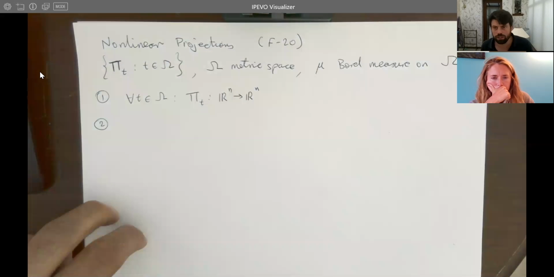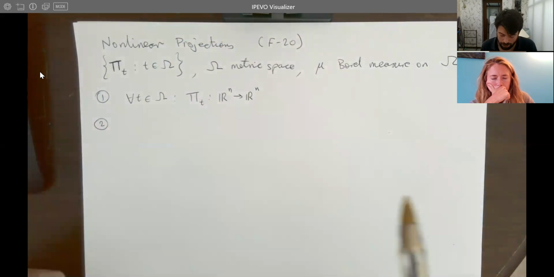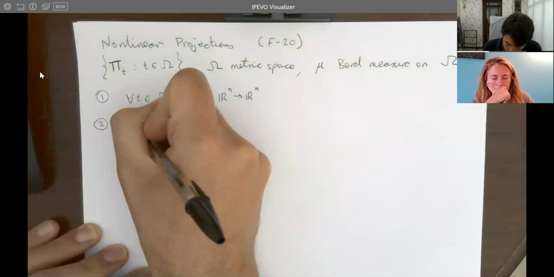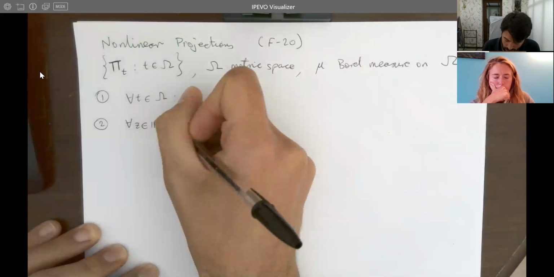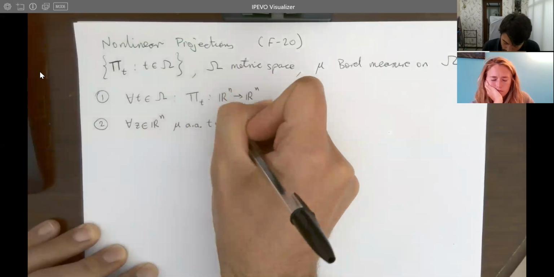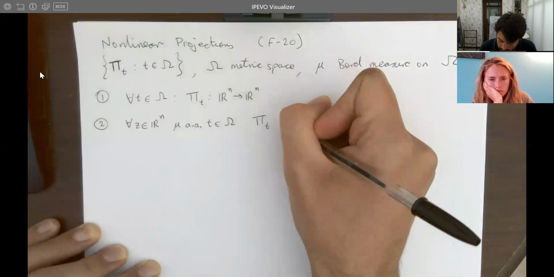Okay, so now at least it makes some sense. I'm looking at parameterized families of maps from Rn to Rn. Now it's just a very general family, which of course I can't say anything about if I don't make more assumptions. So here's another assumption. I want for all z in Rn and for mu almost all t in omega, I want capital pi t